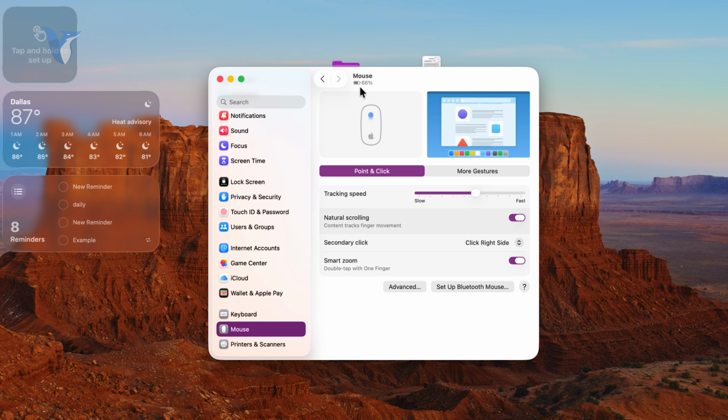So as you can see, I can browse the battery percentage, and it is naturally a magic mouse, but it would work the same way for even other types. And in this section, which might as well be trackpad, by the way, you can go in here and manage the scrolling behavior. So first of all, we have the speed of the cursor moving around, and below that we have natural scrolling. It's just one toggle which you can enable or disable, and it changes the way that